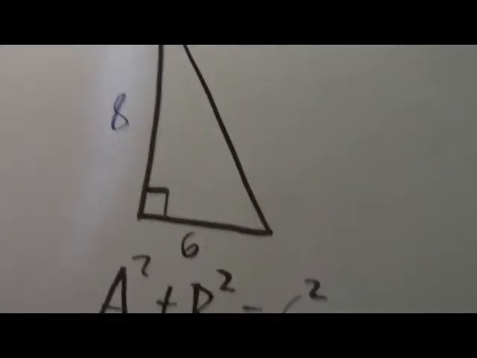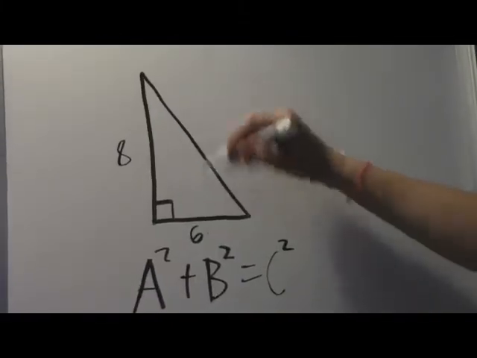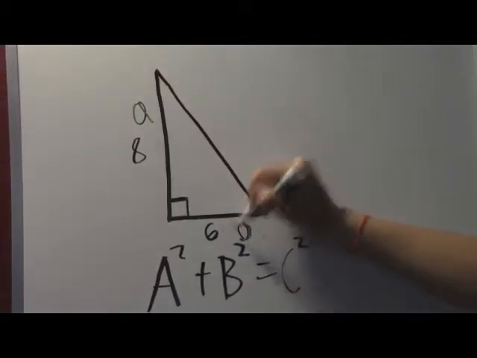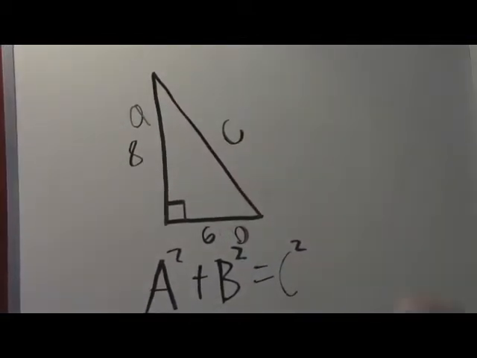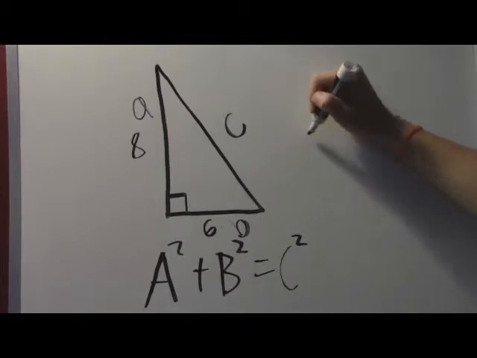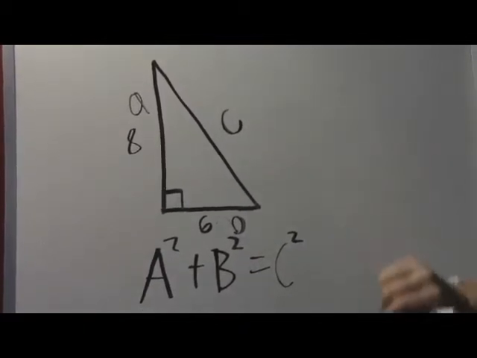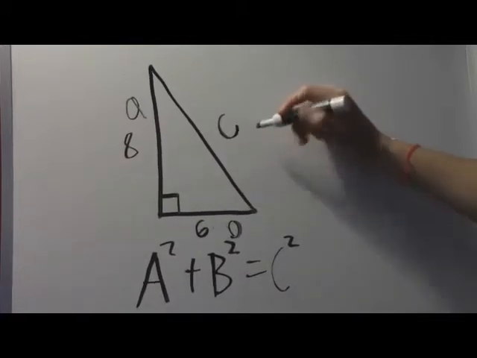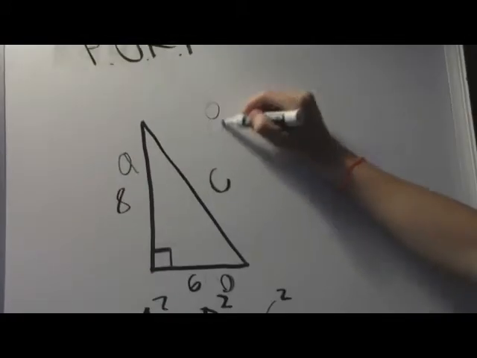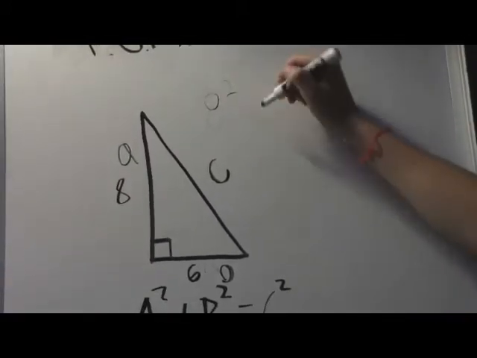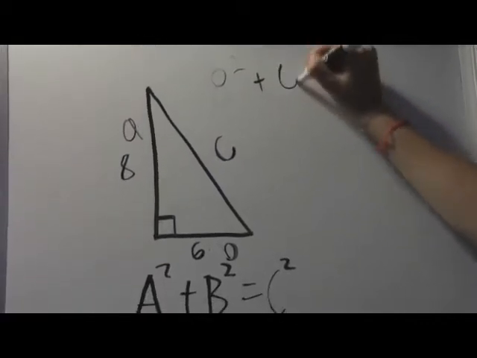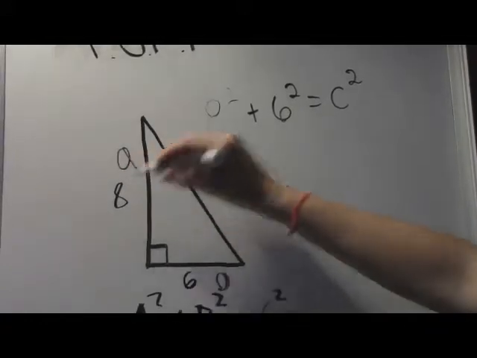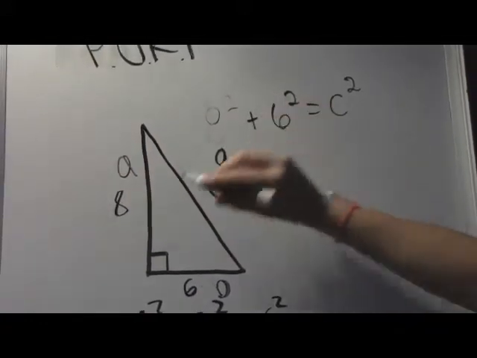I'll show you. Sweet. There are three sides of the right triangle. There is side A, side B, and side C. Side C is otherwise known as the hypotenuse. So when you say a squared plus b squared equals c squared, you mean, in this triangle's case, 8 squared plus 6 squared equals c squared. A is 8 and then